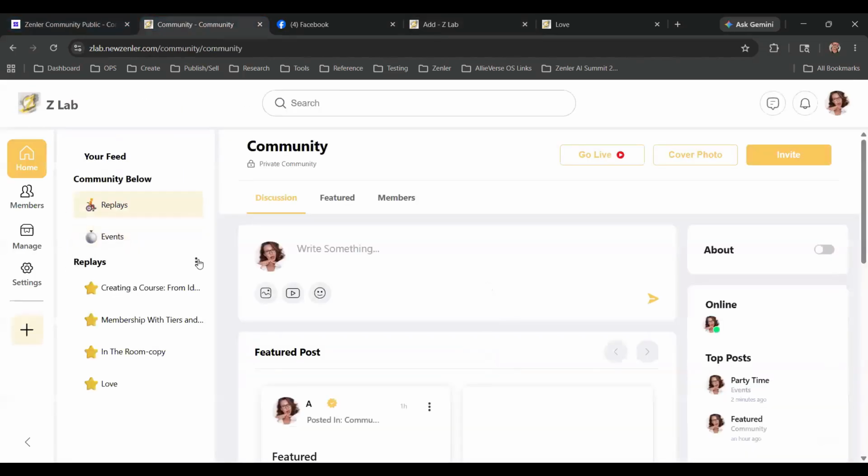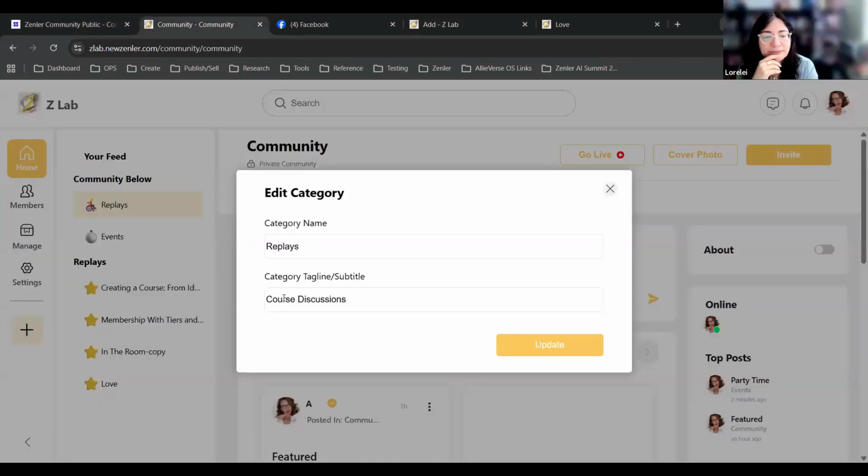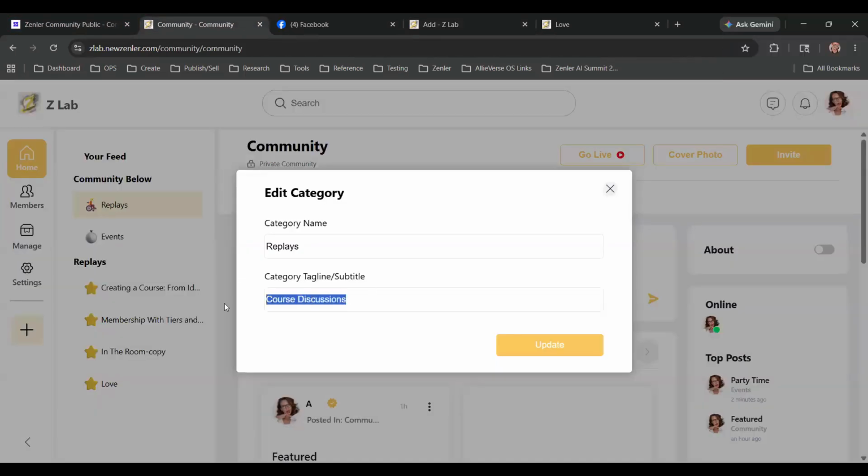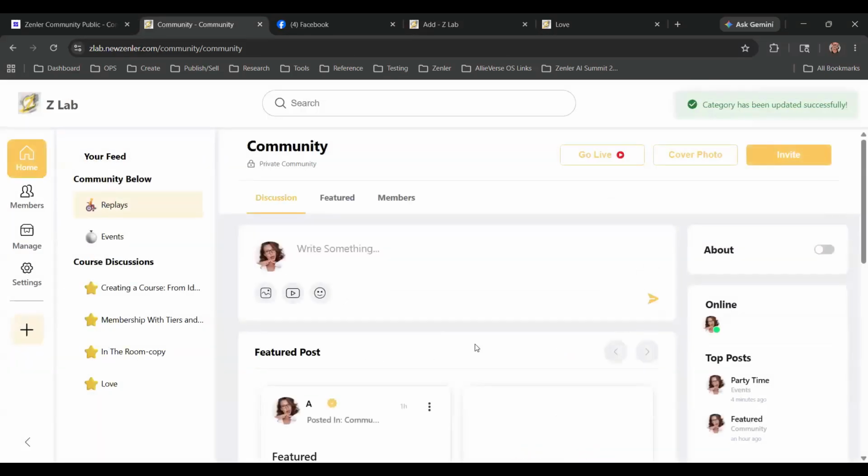That used to say the native language on that, which was course discussions. The category tagline subtitle says course discussions. I have no idea where that goes or why it's there. It doesn't show up anywhere that I know of. I haven't figured that out yet.